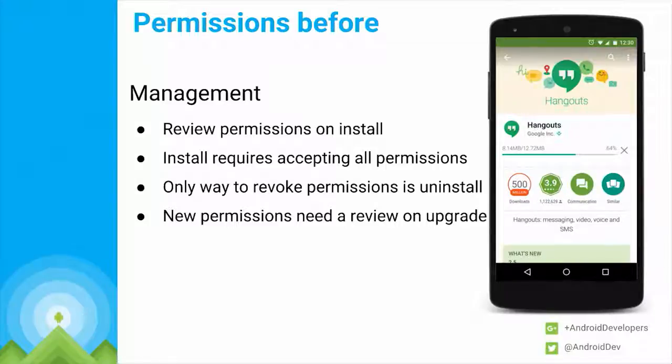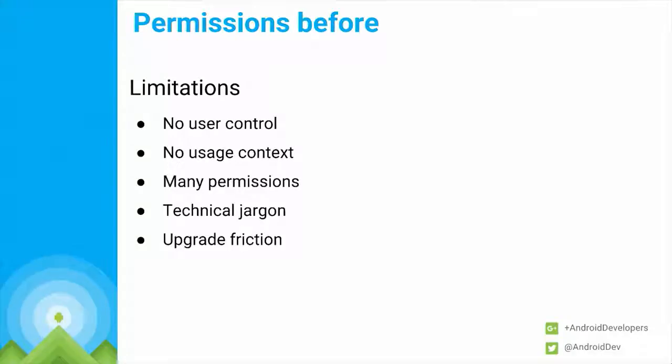Assume that I approve all permissions, the application gets downloaded, I open the app, and the application can be used all the time. So the old permission model had several limitations. For one, the user had no control. Basically, you have the big hammer: you either hit the nail or you don't. You either accept all permissions and install the app or you don't. There is no context for the user why this application needs this permission. You're probably asking, why is a flashlight app asking for some permission? There's probably a good reason for that, but it's not obvious every time why the application